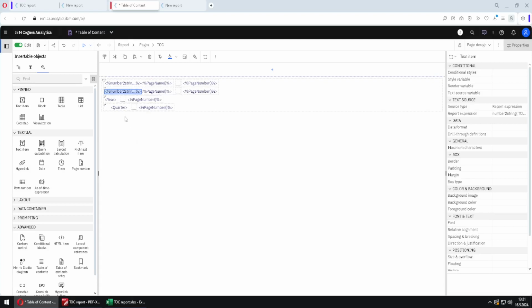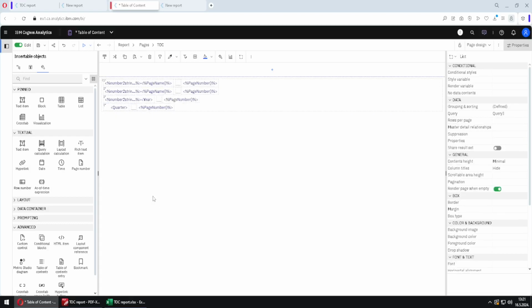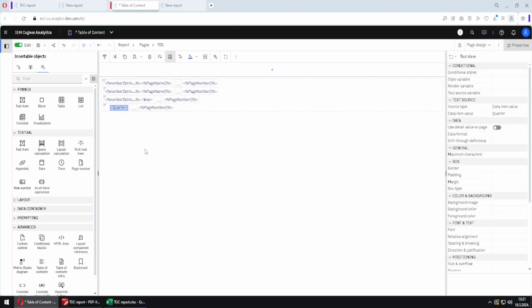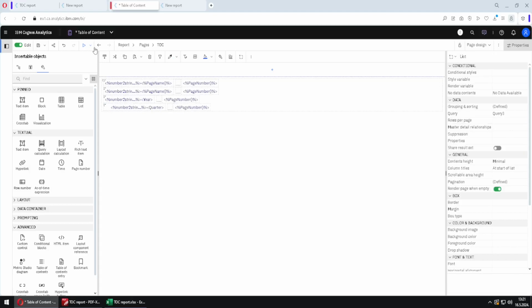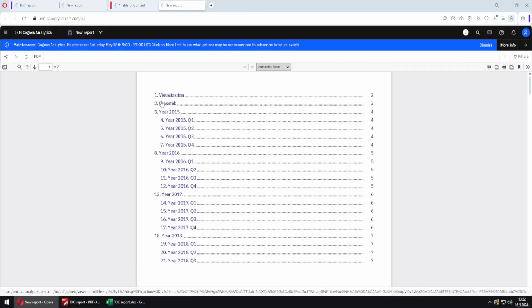So I will add the same layout calculation to this second page. I will also do the same here. I will just click Ctrl V to add it here, and on quarter I will click Ctrl V. And now I will execute my report in PDF. We can see that now we have a dot between a number and a page name, but here we have